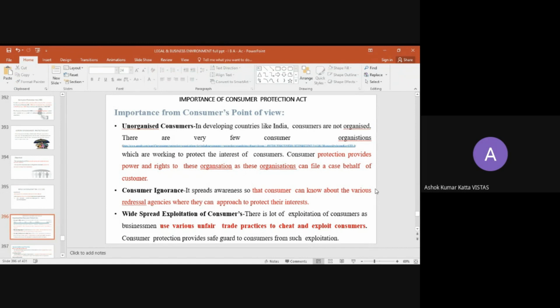And then the next one, consumer ignorance. Most of the time what happens is consumers are ignorant. They don't know that they have these kinds of facilities when they are cheated or somebody was